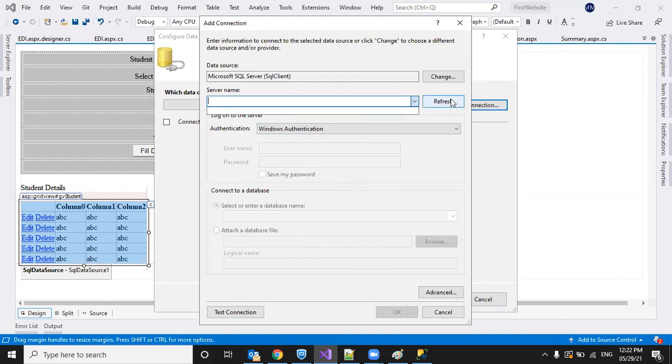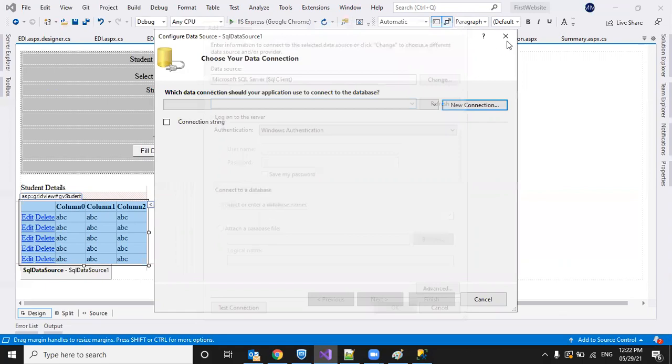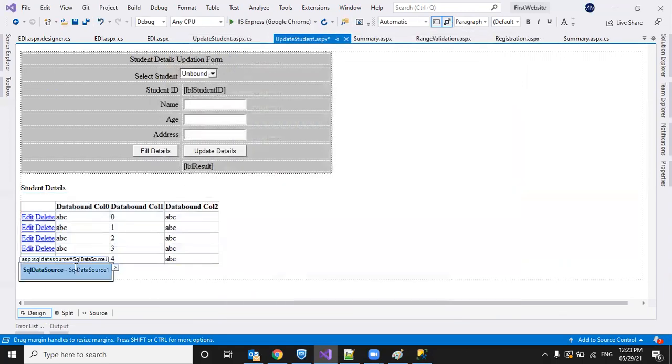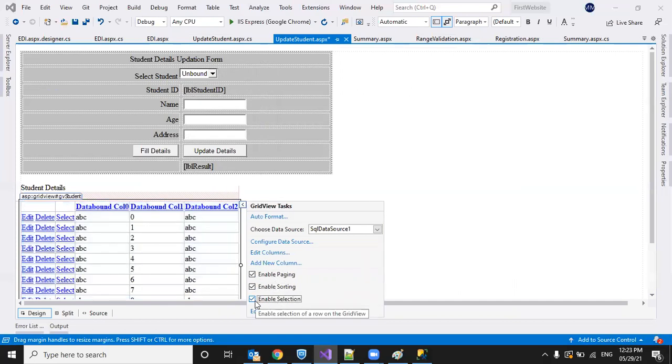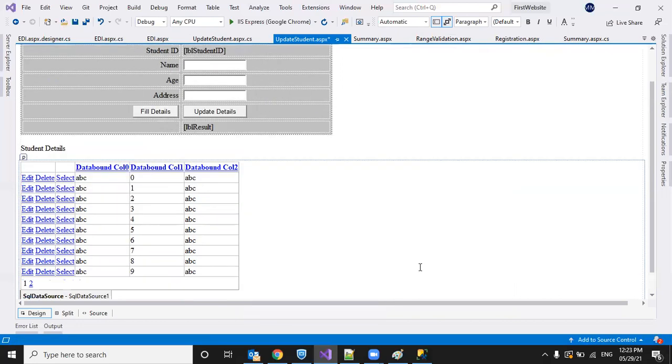We tested it and we saved that. So it generated a source, and by using different options like enable paging, sorting, selection, we were able to perform all those operations. So we saw that today. Programmatically we'll see it tomorrow.